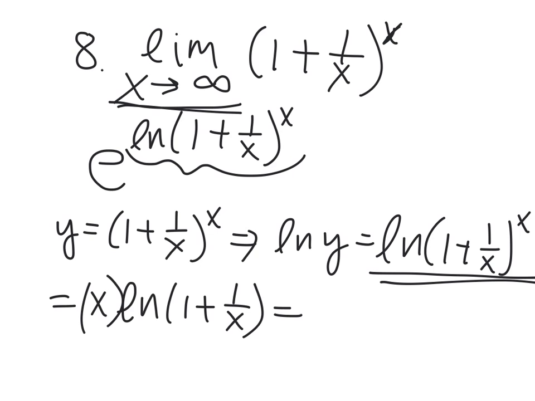Change x into, well, it's easier when you say it the way you said it, but technically it's 1 divided by 1 over x, and then times the natural log. Basically turns into this. And then from there we can go through the derivative, and our L'Hopital's rule, take the derivative of the top, derivative of the bottom, and